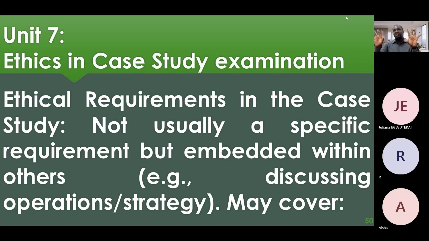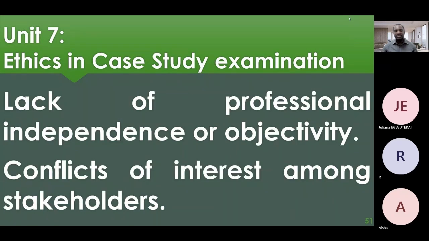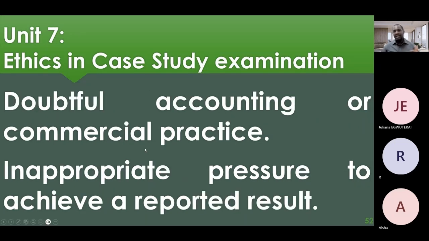They don't come as ethical issues or as a header, but they are embedded within the text you are reading, the exhibits. So, for example, discussing operations and strategy may cover lack of professional independence or objectivity. That is an ethical issue. Where there is conflict of interest, maybe the chairman is giving a contract to his wife or to his family member. Those are ethical issues